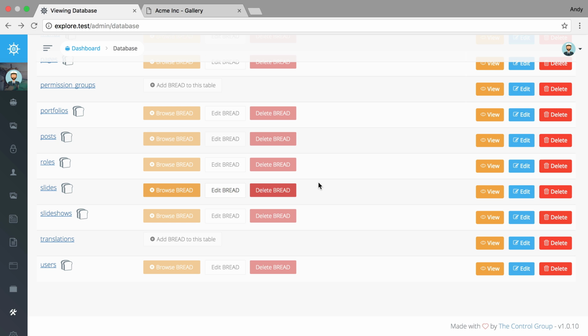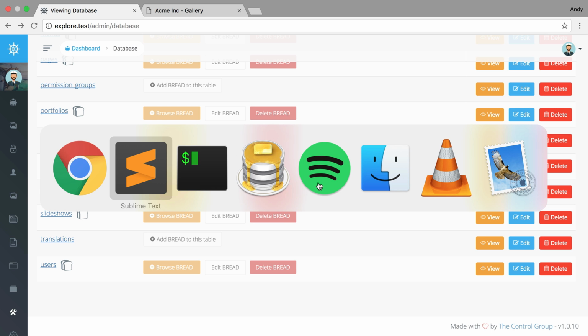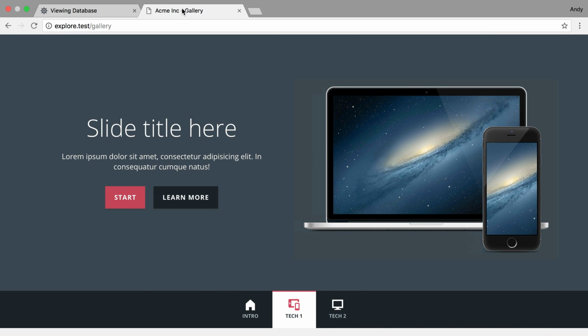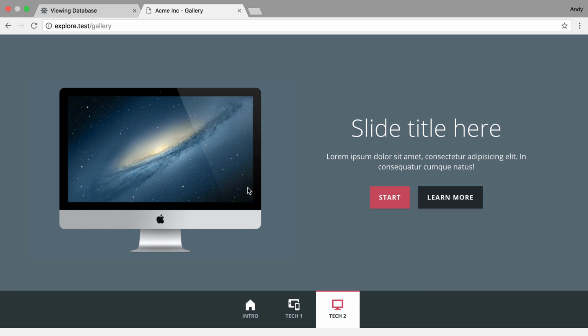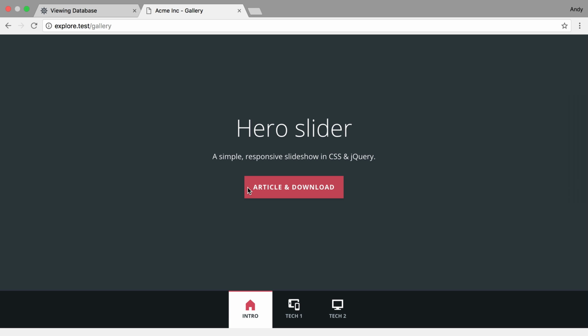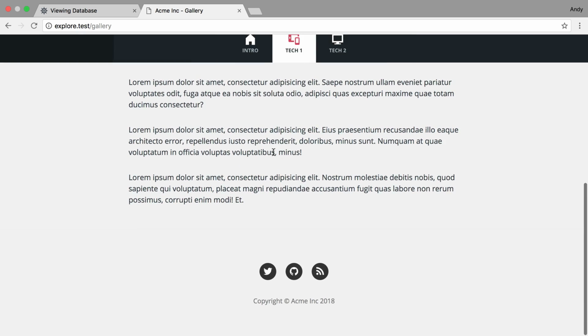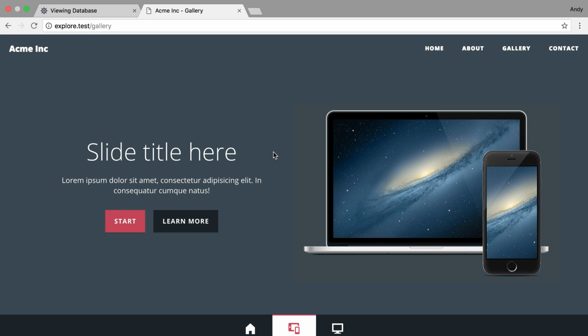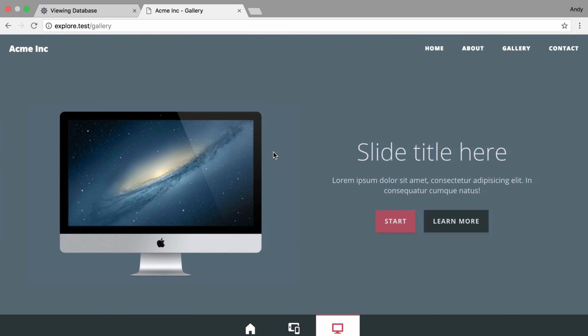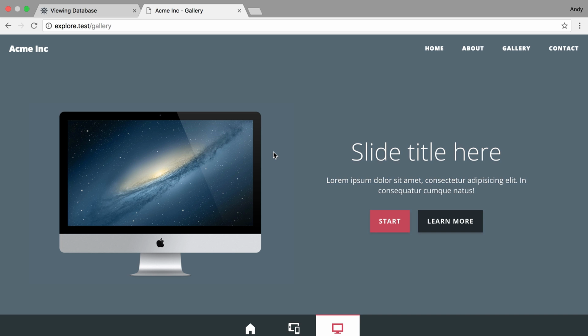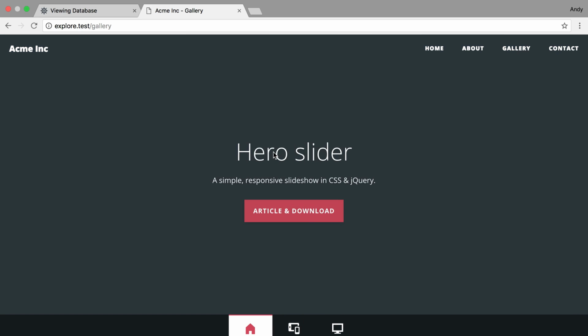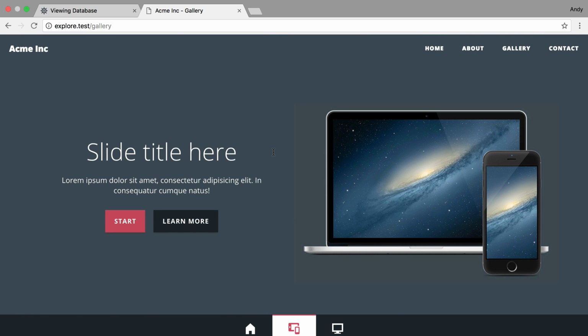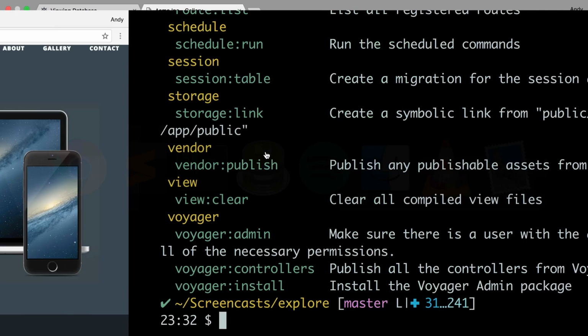All right, so there's a couple ways we need to think about this. We could go in and edit the controller to get this slideshow for us, but really the slideshow isn't really the page. The slideshow is kind of separate from the page in the way that I'm thinking about it. So I was thinking we could create a widget that Voyager has added, and then we can use that widget to bring in the slideshow into our Blade template. So I'd say let's just give that a shot,